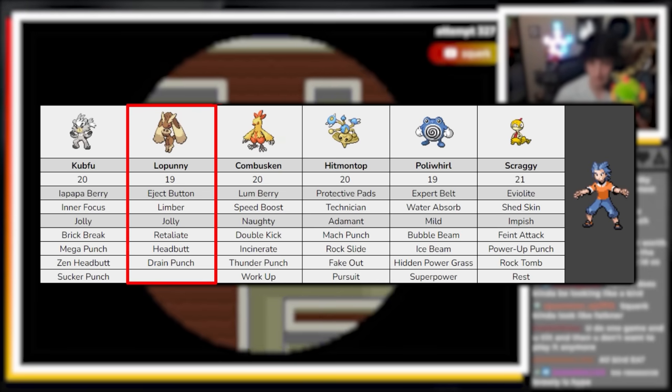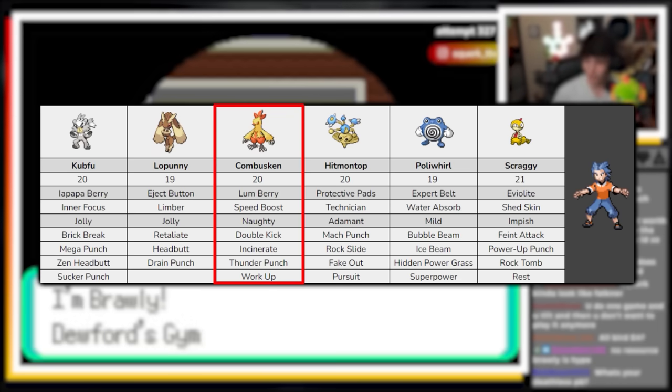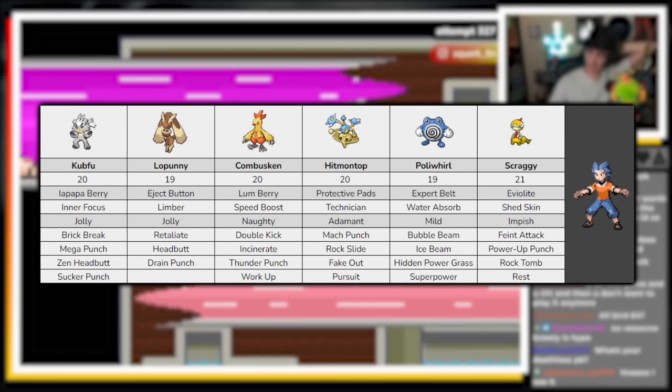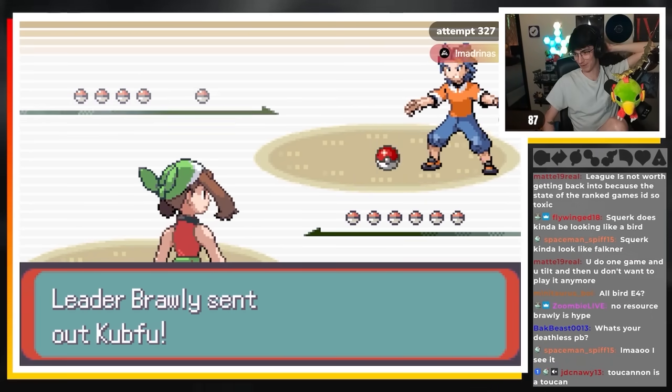Lopunny with 140 base power Retaliate, a chance to get 2 boosted Retaliates with its eject button, Hitmontop that can Pursuit Trap you if you're not careful, a chicken on steroids, and a very sleepy Scraggy that loves to click Rest while also having a 1 in 3 chance of waking up due to its Shed Skin ability. Anyway, this team is loaded, and half the time you're packing stuff like Remoraid and Clauncher, and it's just really